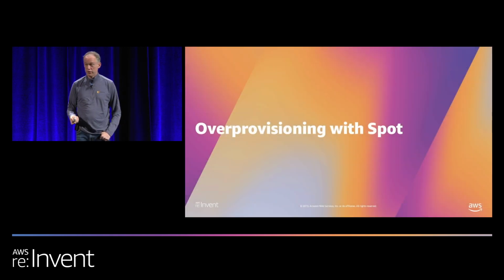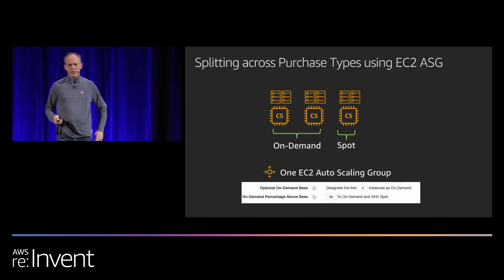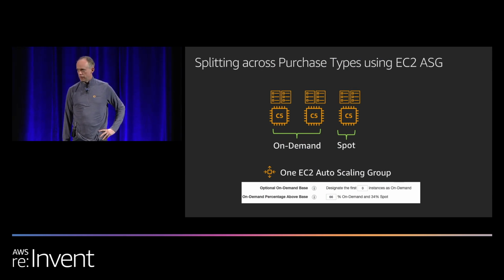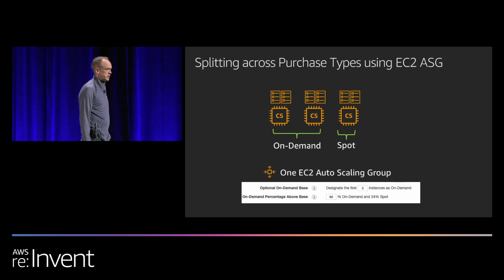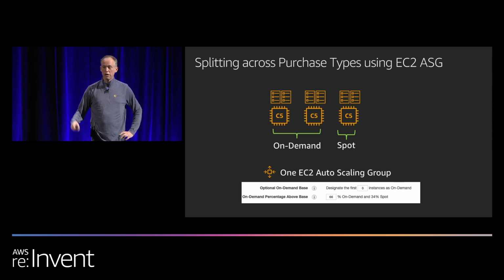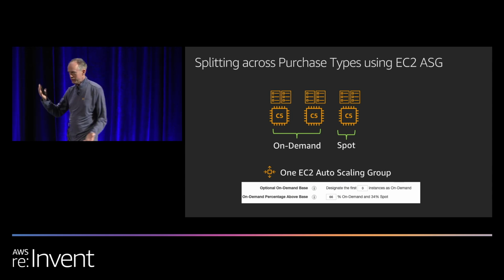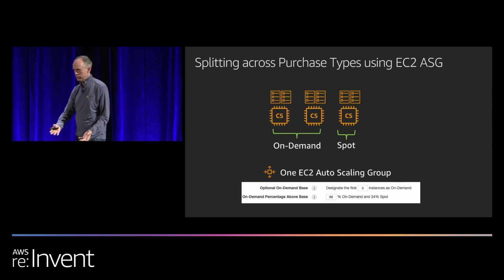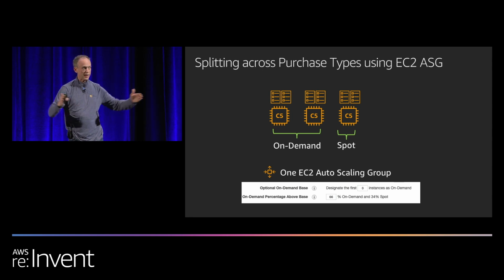So how would you actually do this? How would you over-provision with Spot? Well, there's one tool that you've actually had in the toolbox for a while that not everyone is aware of, which is that when you configure an EC2 Auto Scaling group, you can actually define a split on purchase type in the Auto Scaling group configuration. So you can define what percentage of the instances do you want to be on-demand instances and what percentage of the instances do you want to be Spot instances. And then the Auto Scaling group, as it scales up and it scales down, it will ensure that that split is